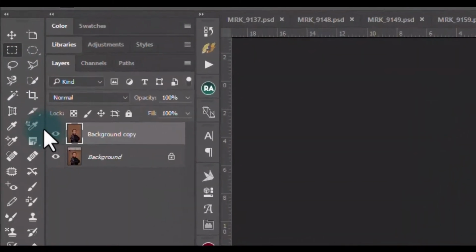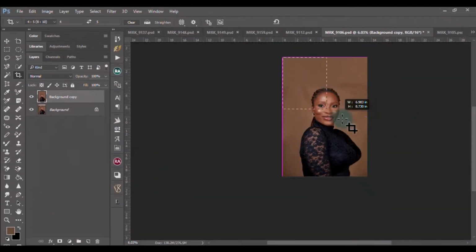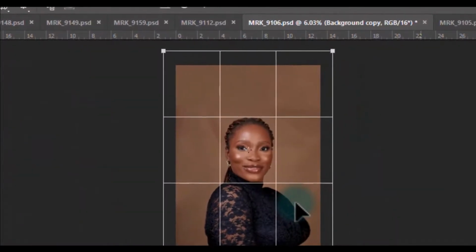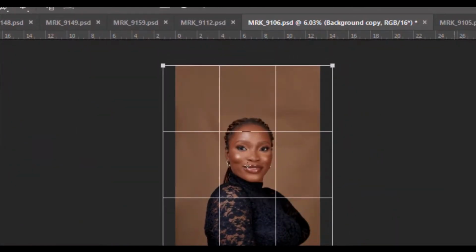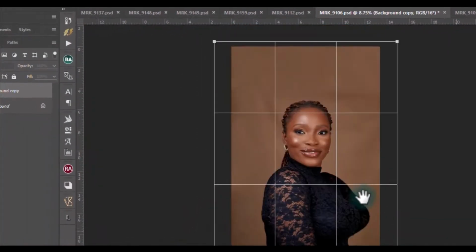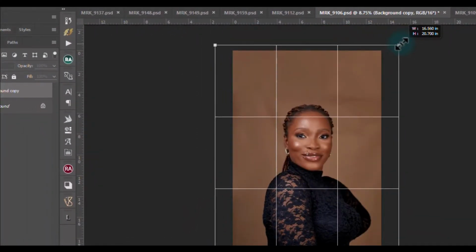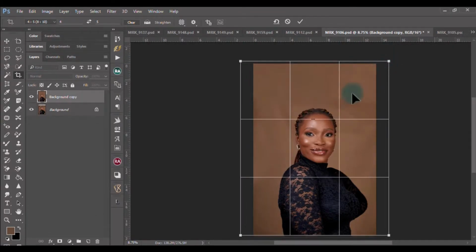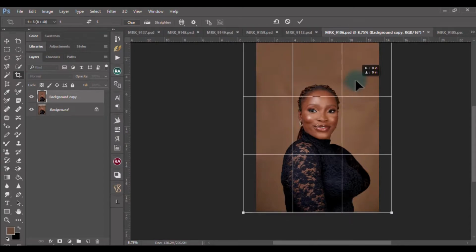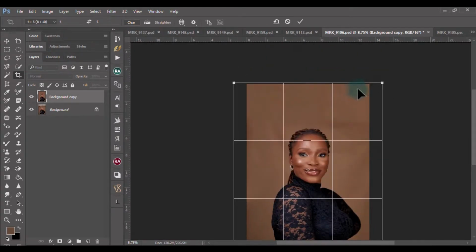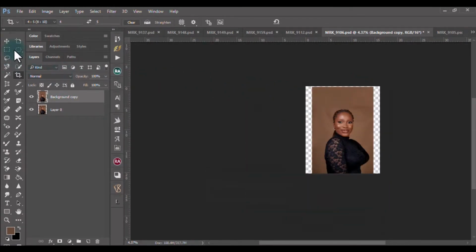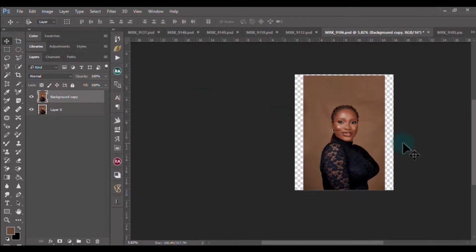So I have the image of my subject. I'm going to use my crop tool to select, then expand the bits. I have a particular ratio of my crop that I use for posting on social media and every other platform. I use a 4:5 ratio, so I select it. I have an additional part I really need to add to the background, so that won't be much of an issue to me. What I'm going to do is still use my